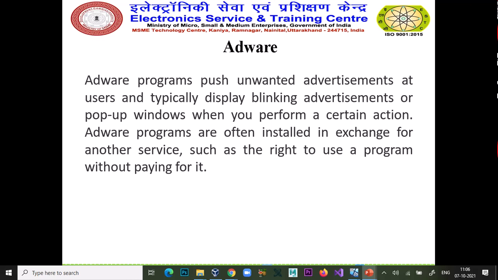So this is completely malware. If you want to protect yourself from that kind of adware, just install an extension in your Chrome browser, that is an ad blocker. If you install an ad blocker extension in your mobile phone or your browser, those pop-up windows stop, and you can easily surf for your stuff.